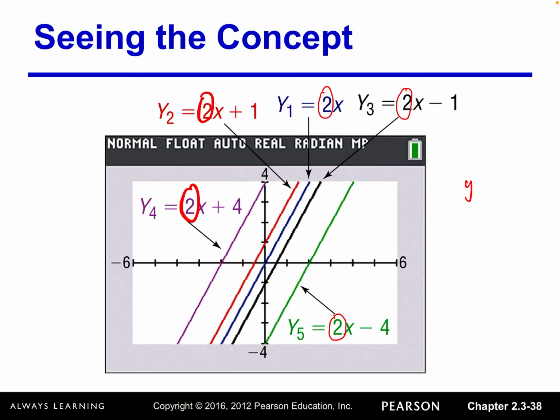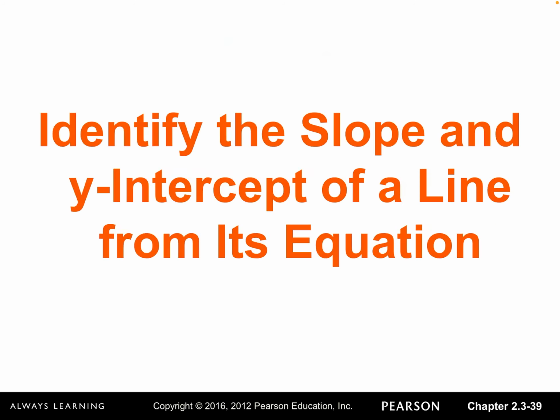So y equals mx plus b. Given an equation in slope-intercept form, we can right away identify the slope, which is the coefficient of x to the first power, and then we can identify the y-intercept as well. That's the constant term. All right, and then next section,